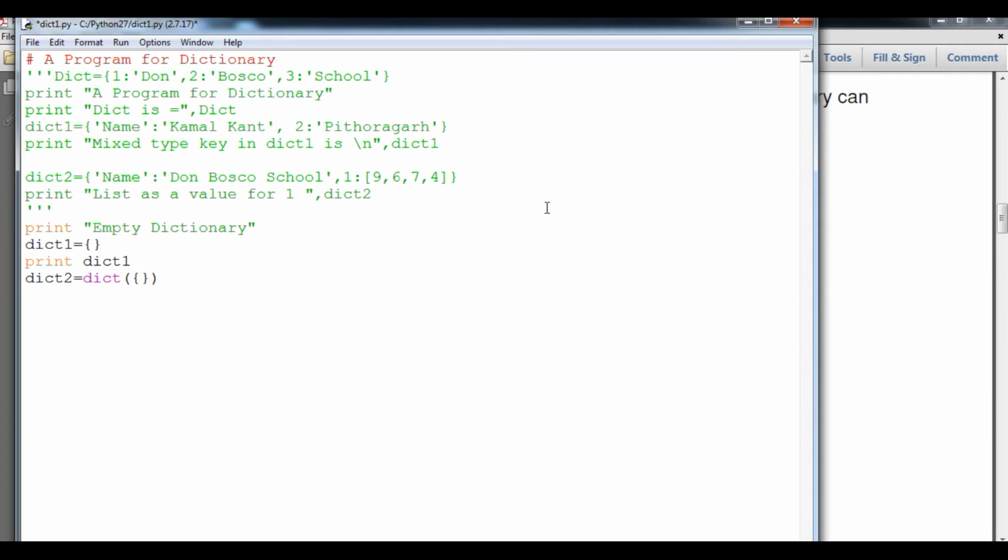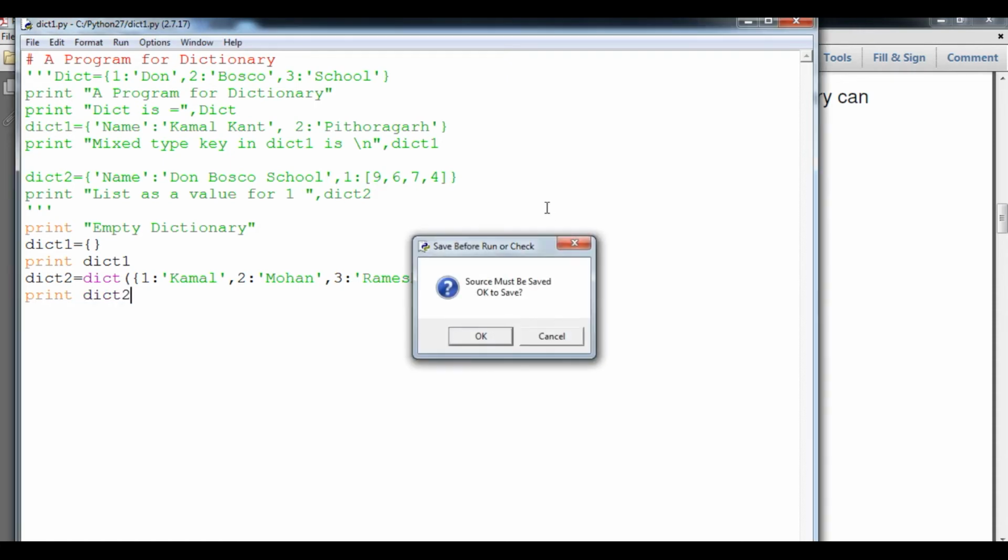So here dict2 equals to, then after that we are going to provide some keys, like Kamal, then Mohan, then third Ramesh, etc. Now I am going to just print dict2.